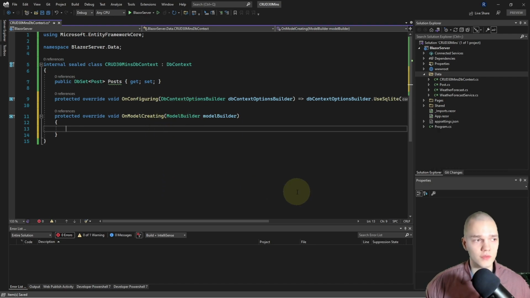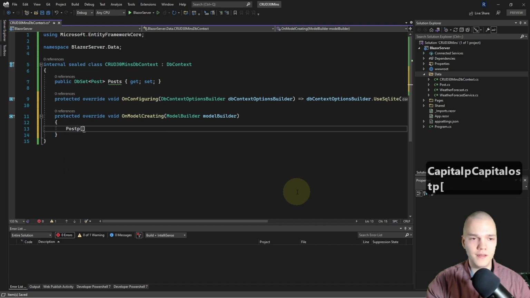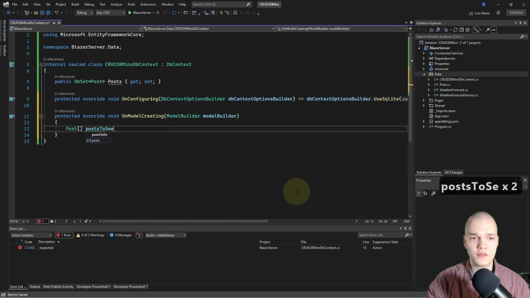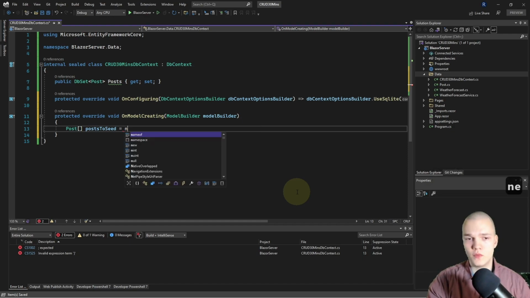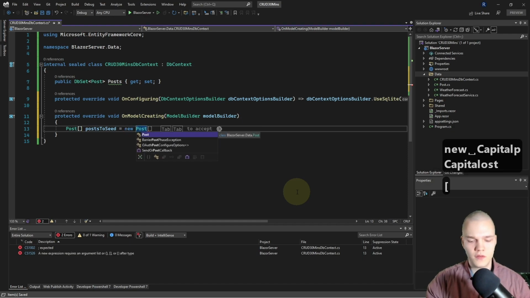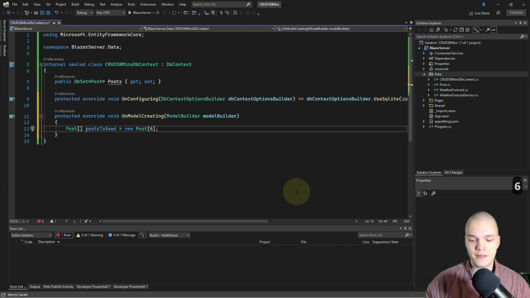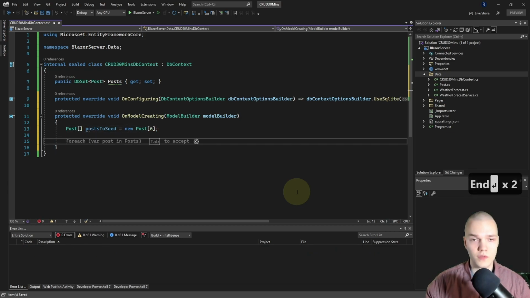And for the actual seed data, I'll declare a post array and name it postsToSeed. I'm gonna initialize that to a new post array. I'm gonna make the length 6. So we're gonna seed 6 posts.